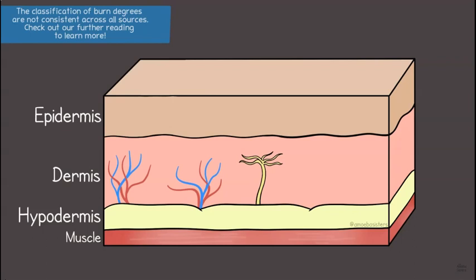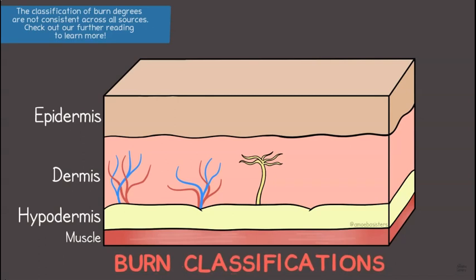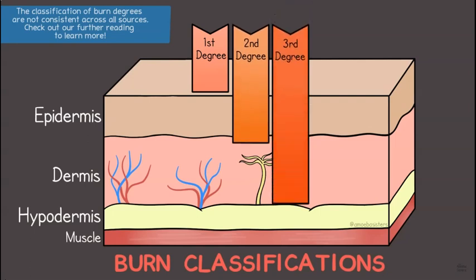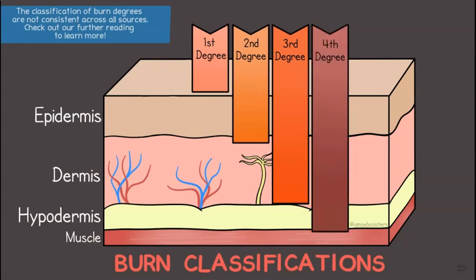If going on a system that recognizes 4 different classification categories of a burn, a first-degree burn generally is isolated to the epidermis, a second-degree burn affects the epidermis and part of the dermis, a third-degree burn affects the epidermis and all of the dermis, and a fourth-degree burn goes beyond these layers to even affect bones and muscles. In third and fourth-degree burns, the nerves are typically damaged, so it can actually feel less painful despite being more